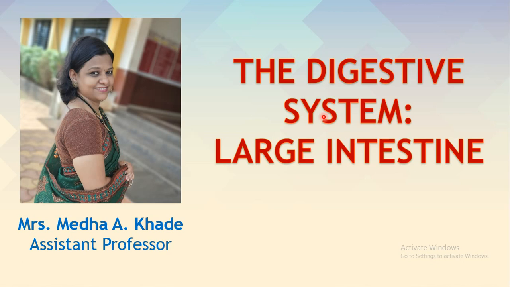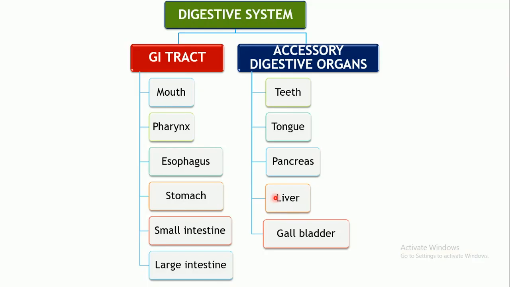So as you are all aware, we had started with the chapter the digestive system. So we shall continue with the large intestine in today's lecture. So this is the overview of the different parts of the digestive system. As you are all familiar with, we have covered most of the parts of it. So the last part of the GI tract, that is the large intestine. We are going to cover the anatomy, histology and the functions of the large intestine in this particular lecture.